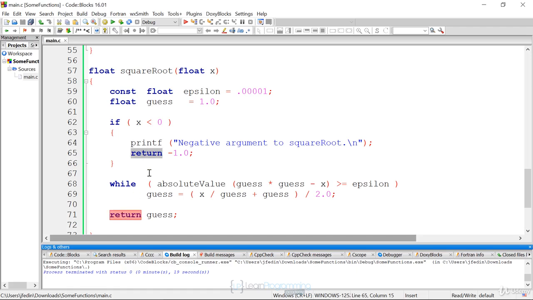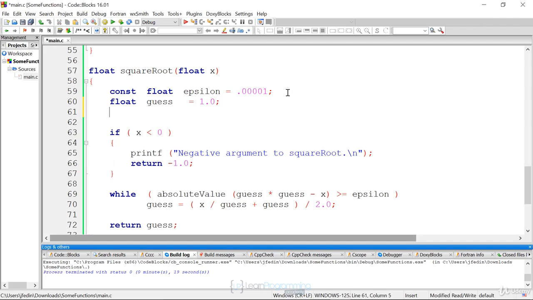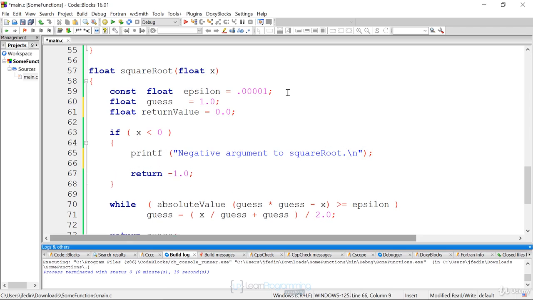One thing here is we have multiple return statements. This is perfectly legal, but it should be avoided because it's harder to figure out what's going on. So what I would do here is I would probably store this -1 in a variable other than guess. Guess is initialized to 1.0, and we're returning a -1. I would probably just create another variable called float return value. We can set this to 0.0. And then, because this is jumping out of the math function, I can just say return value equals -1.0